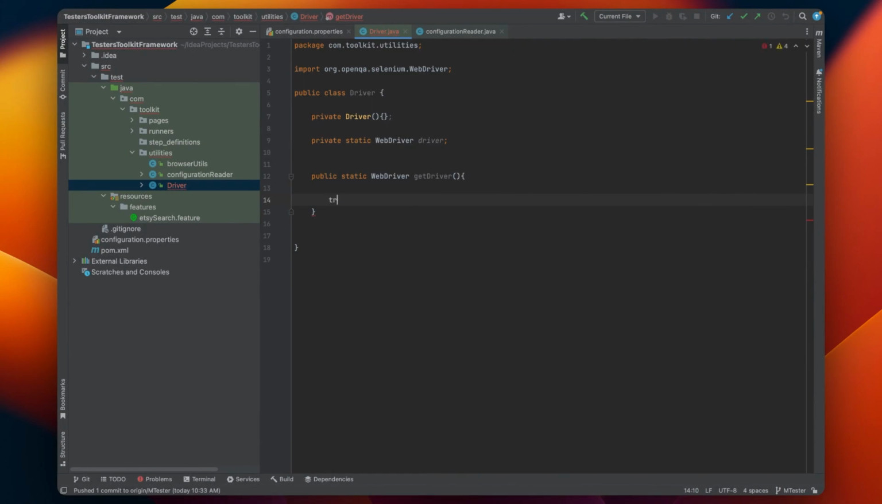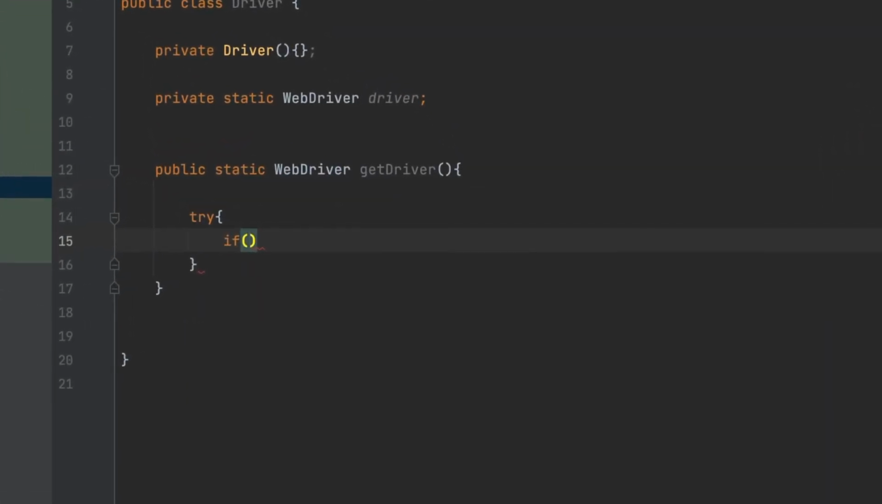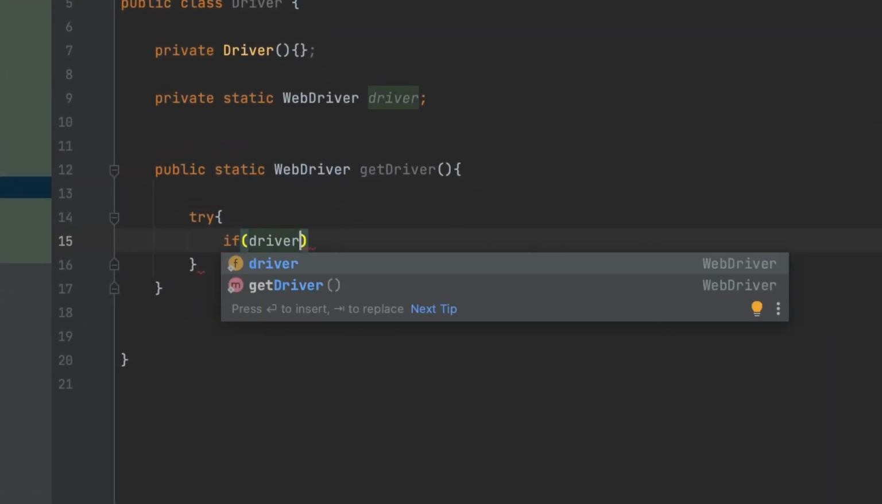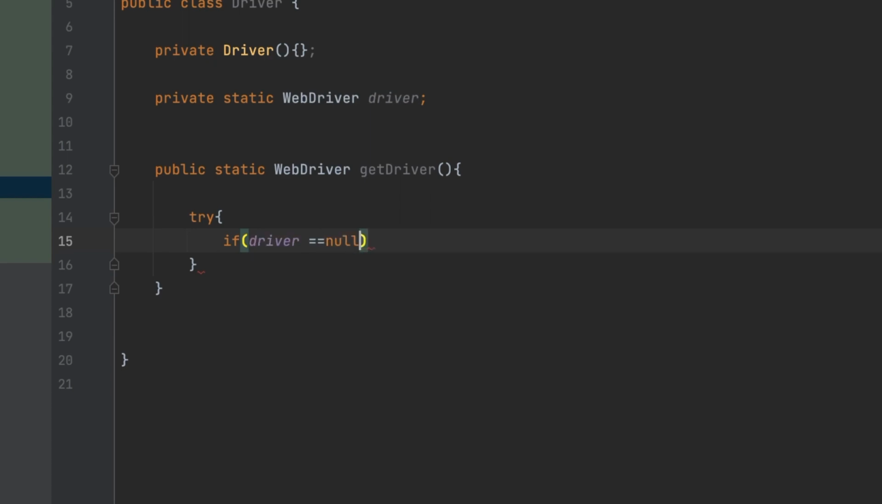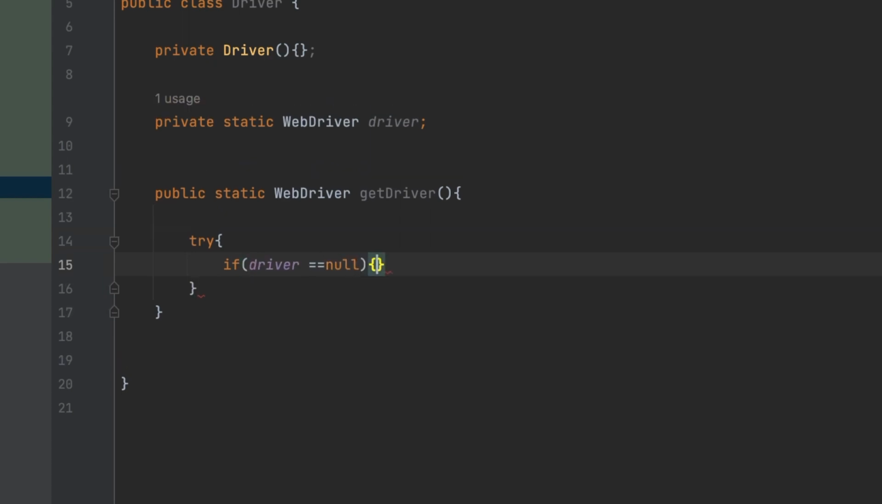Okay, so I'm also going to do my exception handling inside this getDriver method because it's so much easier and better to handle it in here. So we're going to say, if our driver is null, we're going to